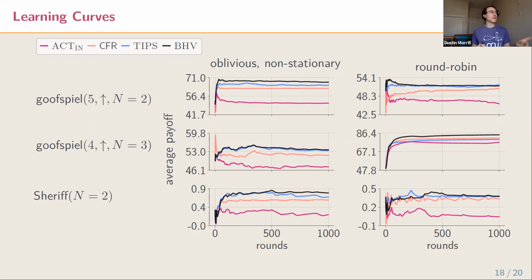I think it does tend to help more in multiplayer and general-sum games. So you can see here that the gaps between CFR and the other algorithms are maybe small, but you can get bigger gaps in general-sum games between different deviation types. So that would be my first recommendation: you need stronger ones in general-sum multiplayer games for sure.